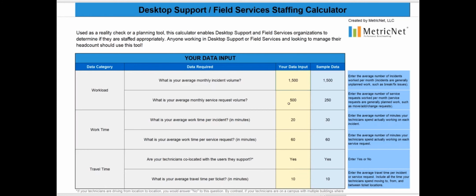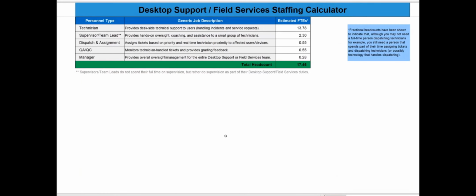Now, as I was entering this data down below, our headcount calculator was determining the headcount that we would need for this workload. And here is what it came up with. We need almost 14 technicians for the workload that I've just outlined. We need approximately 2 supervisors or team leads. We need somebody doing dispatch and assignment, that is dispatching the tickets and assigning them to technicians. We need someone spending half their time on QA/QC,